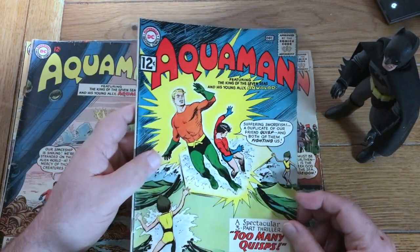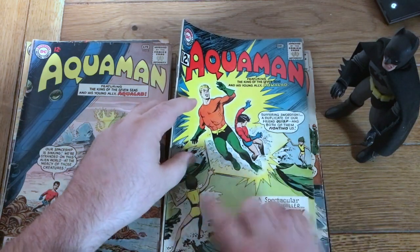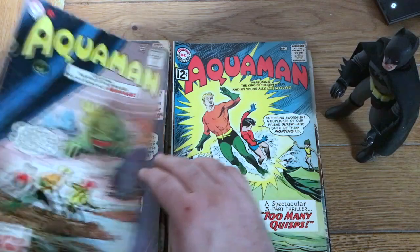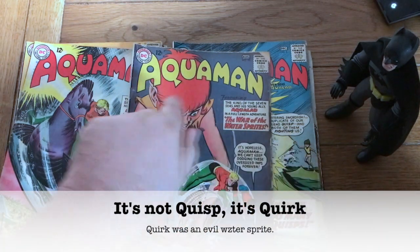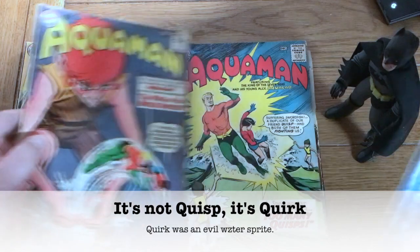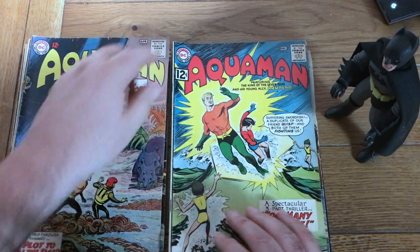And number 6. And there's Quisp here. 2 Quisps. Actually, Quisp is green here. That might not be Quisp. Oh, I might be mistaken. It kind of looks like Quisp, but maybe this isn't. I don't know. I haven't read a lot of Silver Age Aquaman, and I gotta say, this is a big